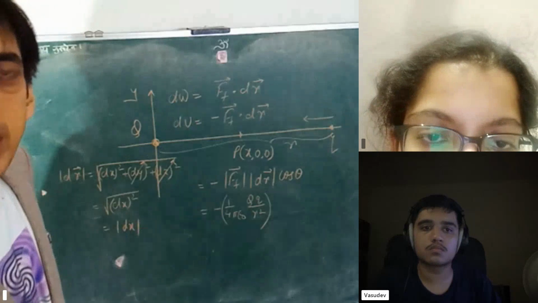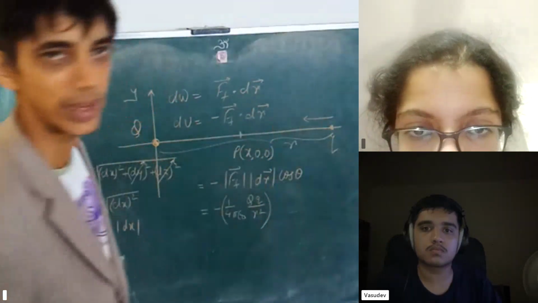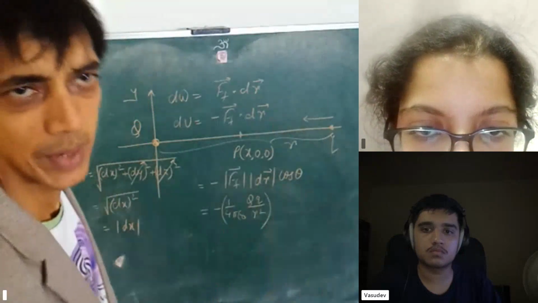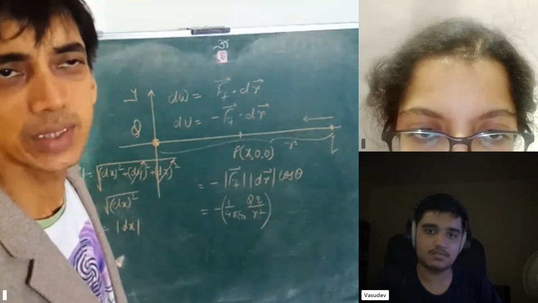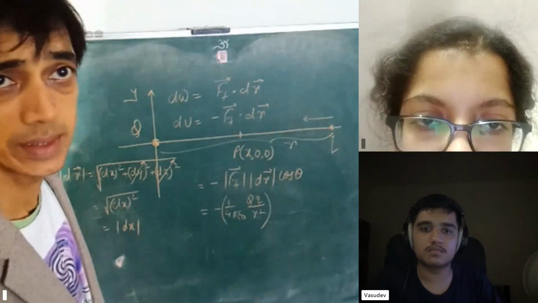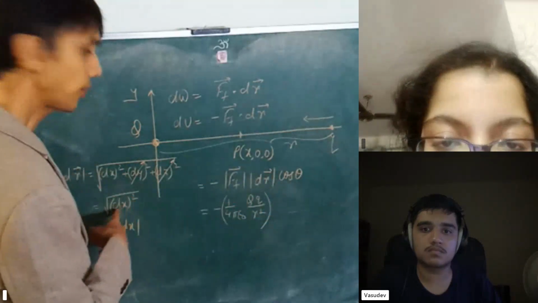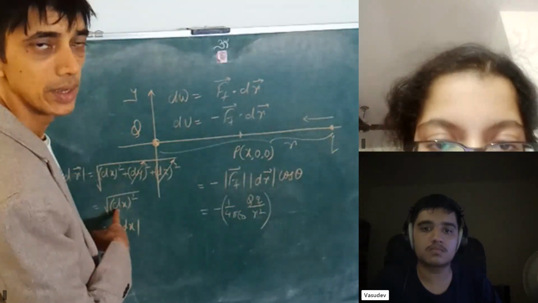Now you have to check. As you are moving from where to where? Infinity to this point, what is happening to x? Or over here, what is happening to r? Of course, r is decreasing, correct? Yes, sir. As r is decreasing, mod of dr, which is mod of dx, will be positive if